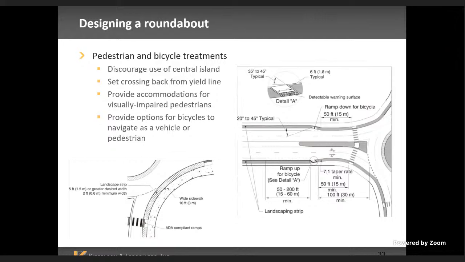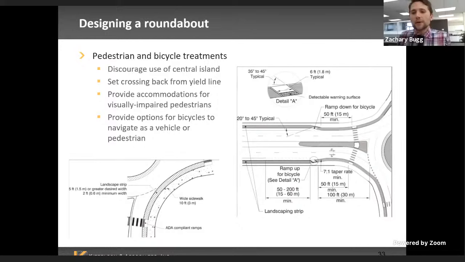I'm actually just going to jump in here quickly and give my own thought. What are your thoughts on having vehicles yielding to pedestrians as they're going through the crosswalk? If that crosswalk is set too close to the traffic circle or to the roundabout, would that not cause a complete stop of flow inside the roundabout? Yeah, that's a great point, Timothy.